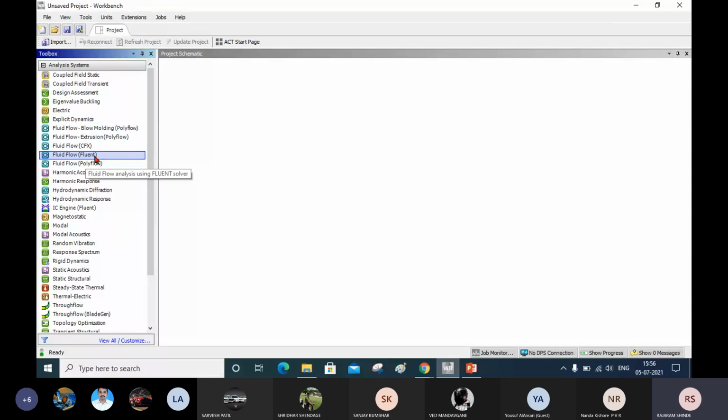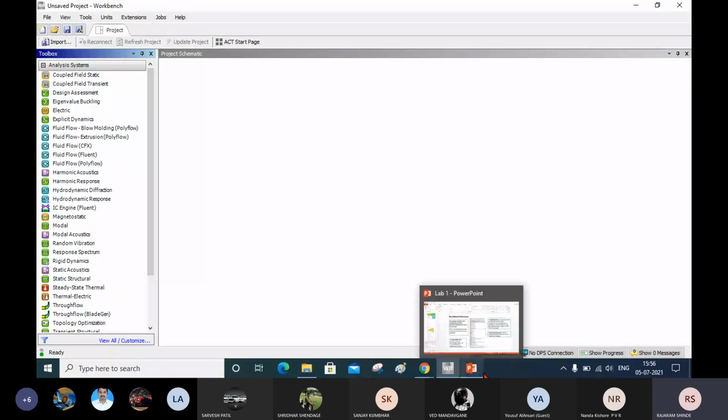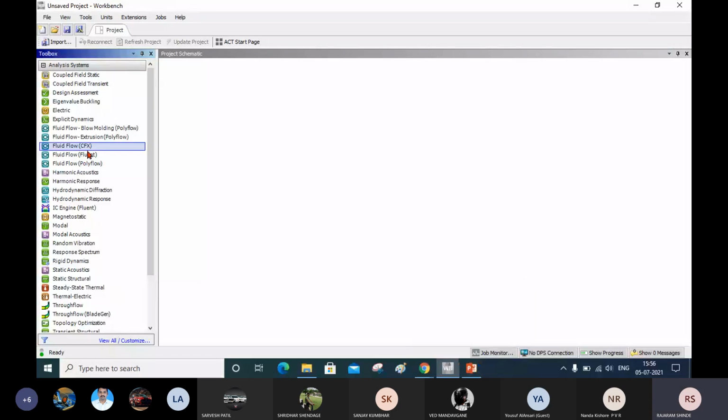Here we are using this Fluent solver. Now these are related to the different domains, for example static structural, mechanical domain. If you open any of the systems from this, you have geometry, mesh, plus solver and post processor. Everything you will get in this analysis system. That means all the things are inbuilt in this analysis system.